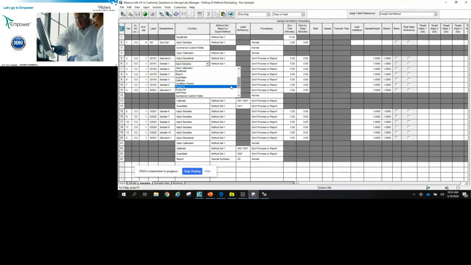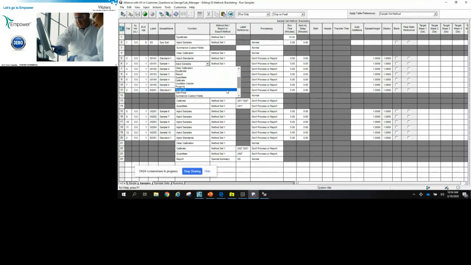But you also have things like purging the auto sampler, purging a detector. So if I had a refractive index detector, I could set it up to purge the reference cell in the detector. Wet priming, conditioning column, summarize custom fields, which I touched on briefly before. That's used if you have an inter-sample summary field, like a percent RSD of area of injection. We need to have that to generate the results for that custom field. So there are a variety of different types of functions. And just yesterday, a question came up about purging the detector. So I thought I would mention that.